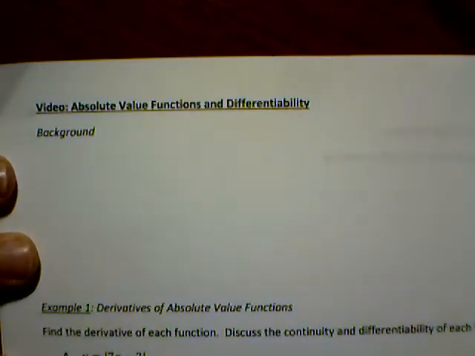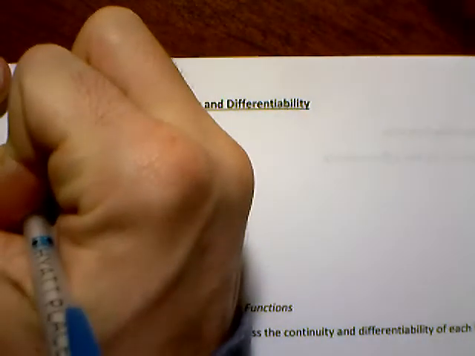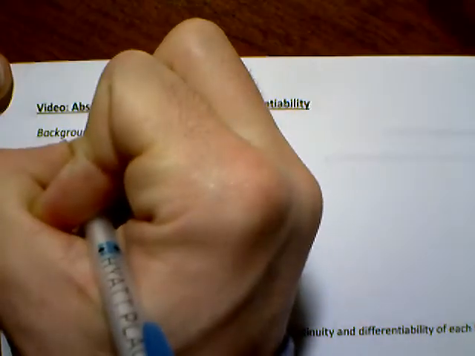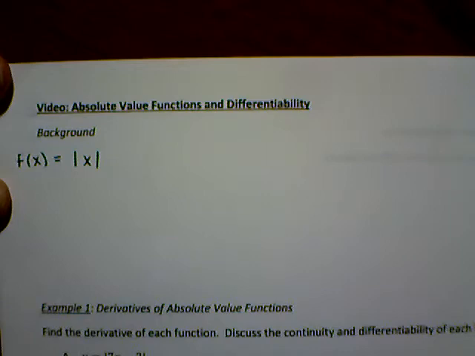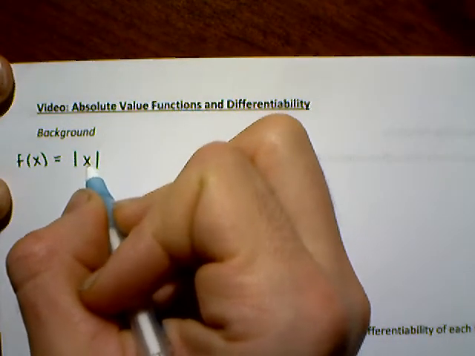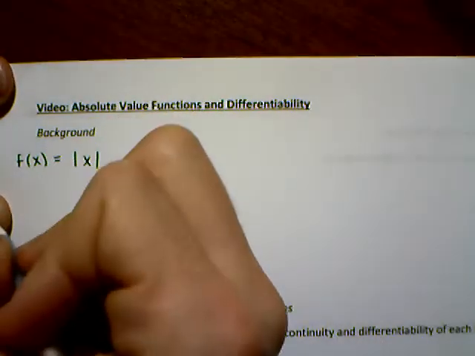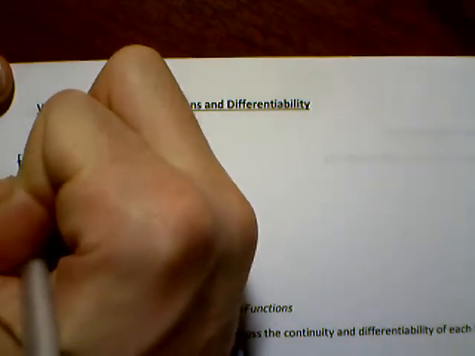This is a video on absolute value functions and their derivatives. So a little bit of background. The first piece of background is that the absolute value parent function is f of x equals the absolute value of x. If you plug in a positive or negative x value, the positive value will always be your output. So the first big idea is that